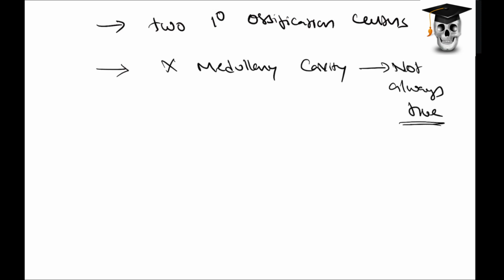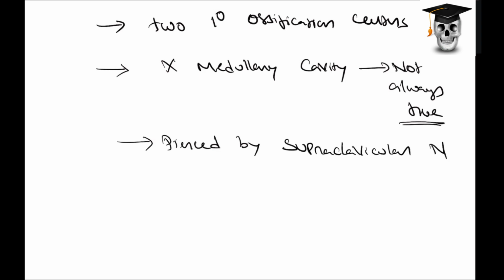And finally, the last, seventh point; there are seven peculiarities. Occasionally, because we are calling this bone subcutaneous, it is pierced by a subcutaneous nerve. Often, not always, it is pierced by a nerve called the supraclavicular nerve. So the nerve is passing above the clavicle. From the neck region, the nerve comes down all the way, pierces the bone, and comes out from the other end.